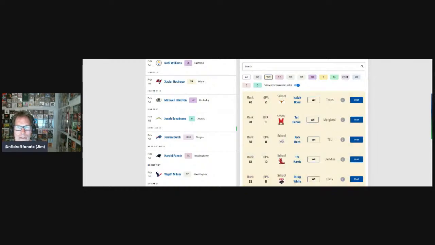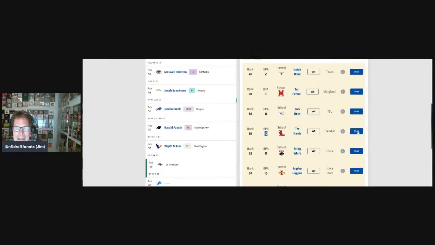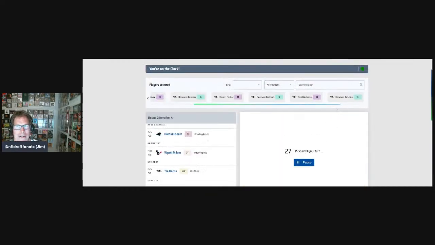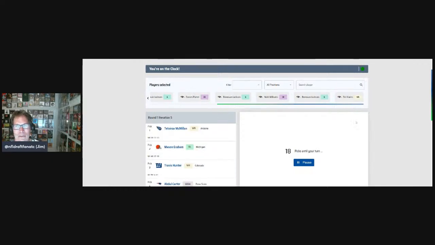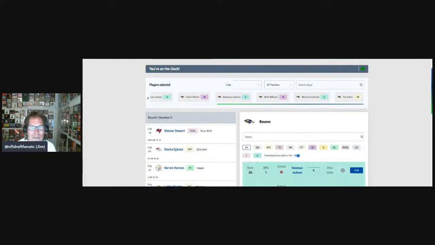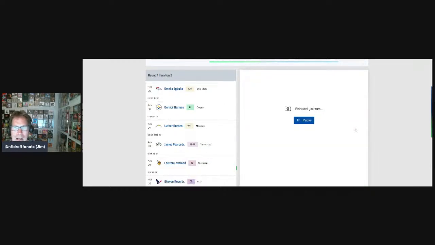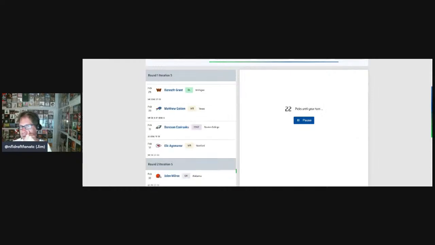Okay, so let's look at the wide receiver board. Okay, so Trey Harris, you can see he's 10th. So I'm going to pick him to the Ravens in round 2. Okay, so at this point, I have done 5 of the 10 unique two-round drafts, which make up a second-round challenge. You can see Donovan Jackson is now the 20th best player on the Ravens board.